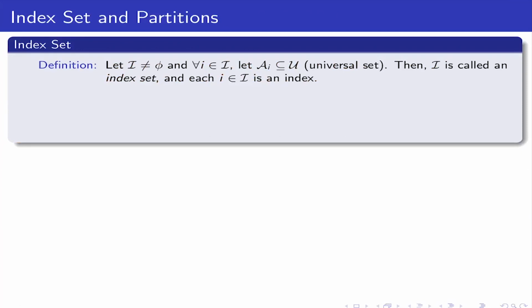One particular notion of sets is called index sets and partitions, which will be useful in our subsequent lectures. Let us define it here at least. As the name suggests, it's the index of a set, and it also together forms a set. For example, let my set I be not null, and for all i belonging to I, where i is 1, 2, 3, 4 and so on, I say that Ai are sets belonging to the universe. So A1, A2, A3 are all my sets. Then I is called an index set, where this is an index. So I denote it as an index.